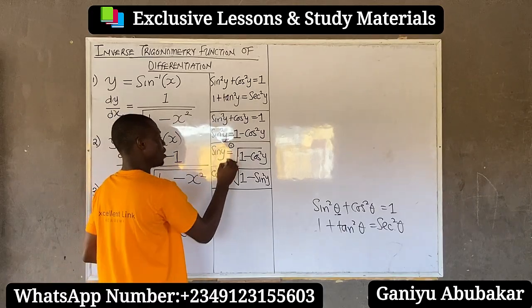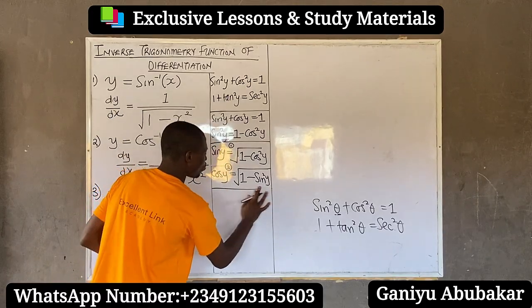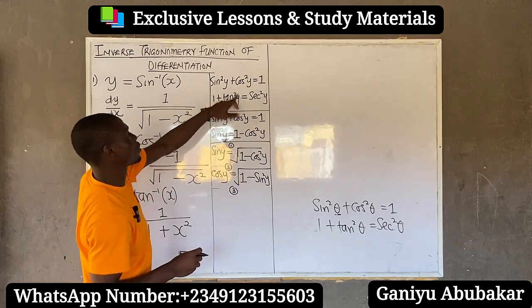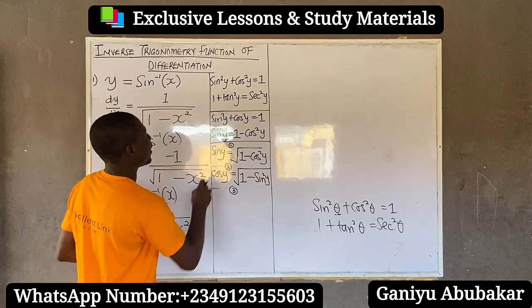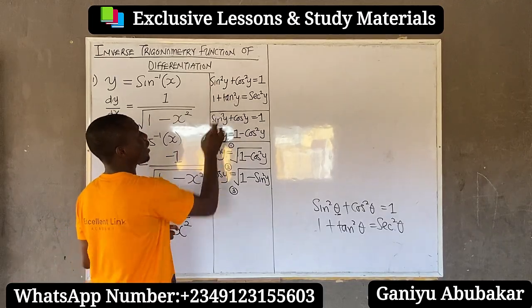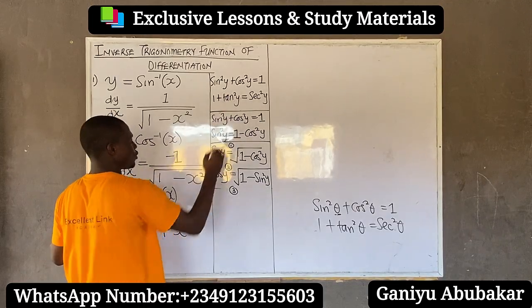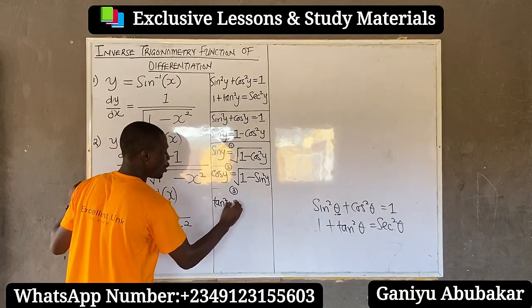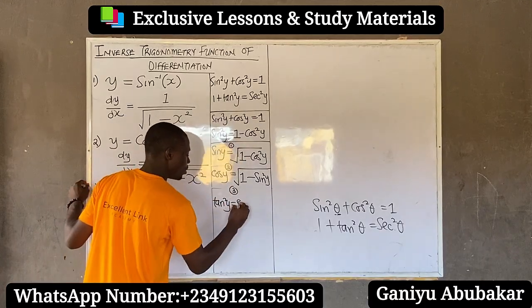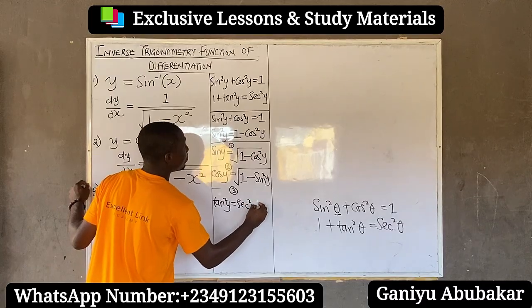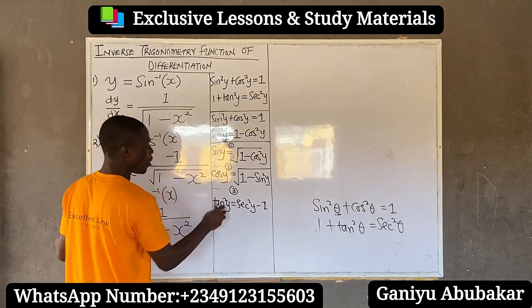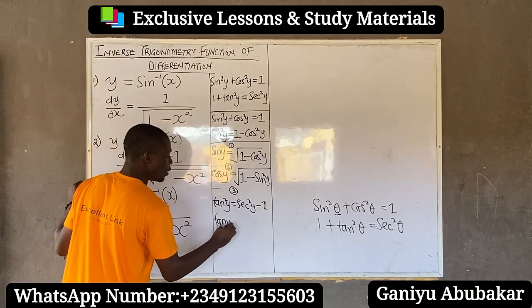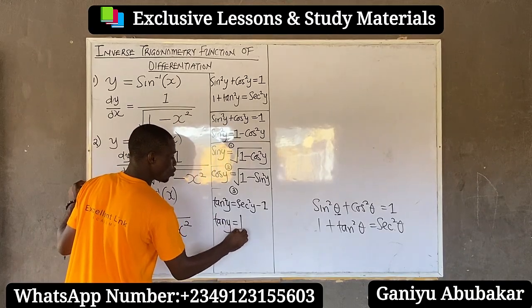I need 1 and I need these 2, right? Also, I need number 3. If you check this, 1 plus tan squared theta, I want to try to make tan y subject. If I make tan y subject, I'll have that tan squared y equals sec squared y minus 1. Take the square root, it means that tan y will give you the square root of,